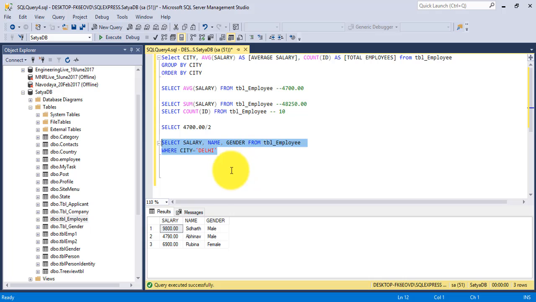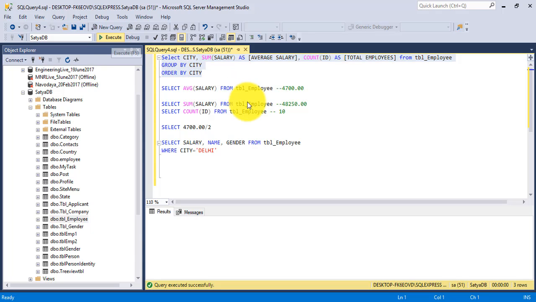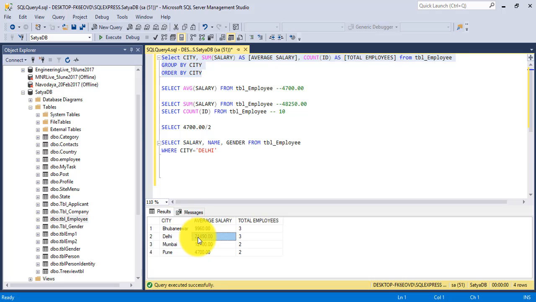Okay, now for Daily, the total salary, I will check here. For Daily the total salary is 21,490, and here I'll put the average, and if you execute this, Daily is 7,163. So if you mention the total salary and how many rows there are,